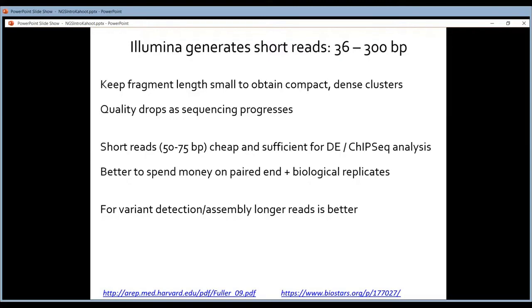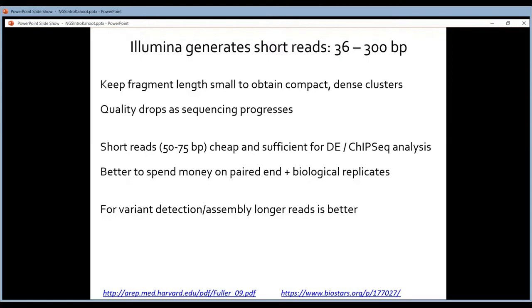You don't need long reads. And it's better to spend your money on doing paired end sequencing, I will come back to that, or on sequencing more samples, than to spend your money on generating longer reads.